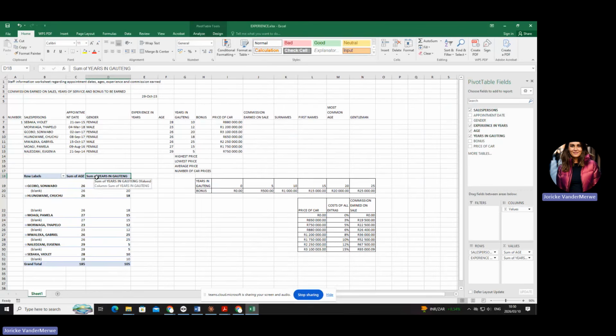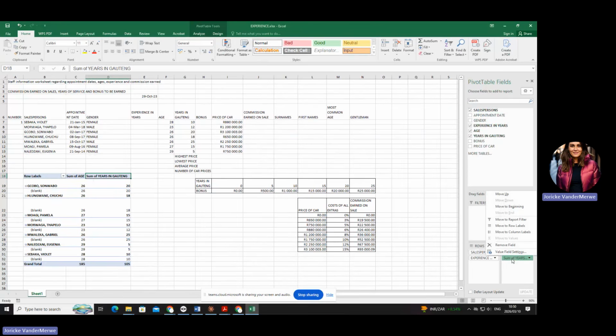But let's say the question asks to display the average and not the sum. Okay, are you with me? Then you want to click here on the values. Click on the one that I want to change. Let's say they've asked for the average of years. You click on it, not right click.